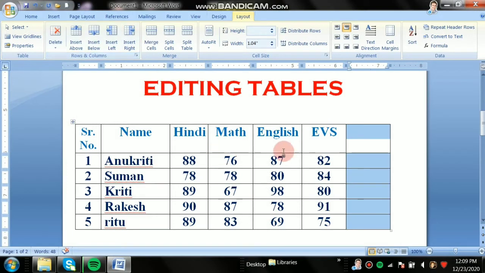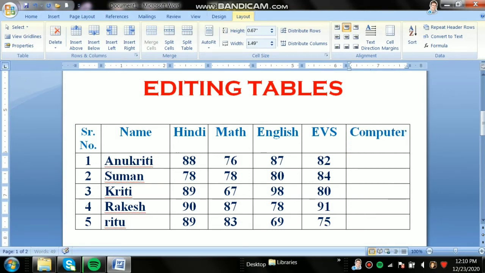After that, see, one more column is here, and I can write computer. Fine. And I can also add various marks of students like this.